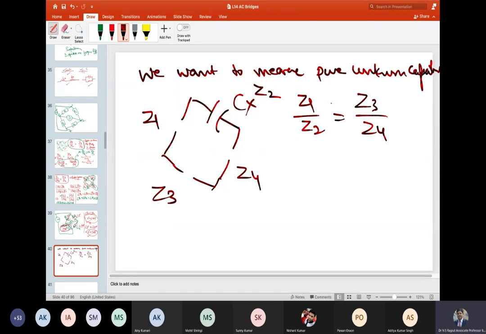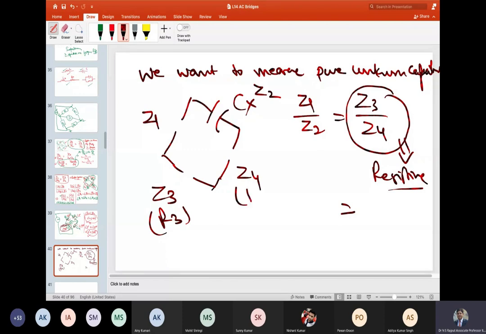So this may be wonderful if I make it resistive. So Z3 and Z4, both of them let be R3 and R4. So I have chosen this to be R3 and this to be R4, right? Whereas on this Z1 by Z2, you see there is a capacitor. Z2 is a capacitor. So if I will place another capacitor, which is a variable capacitor, measurable and known capacitor,